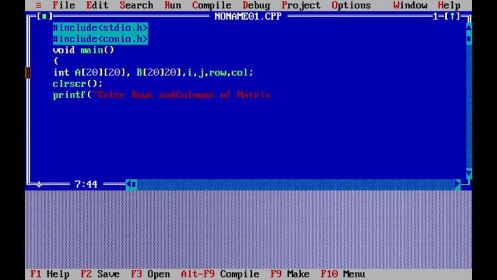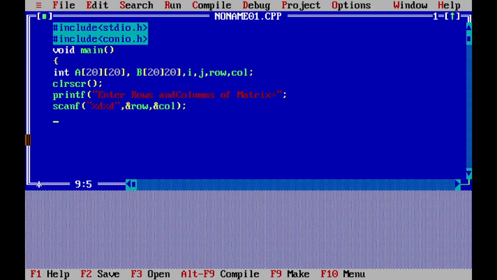How many rows and columns does the matrix have? So now next, scanf for row and column.